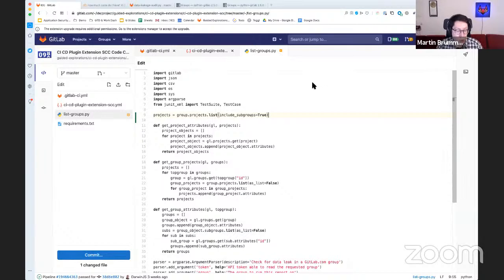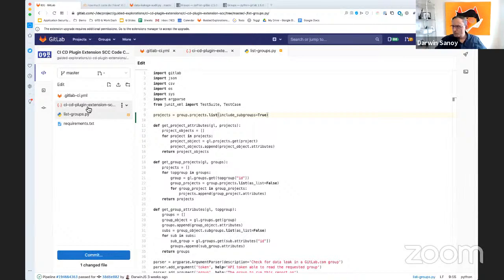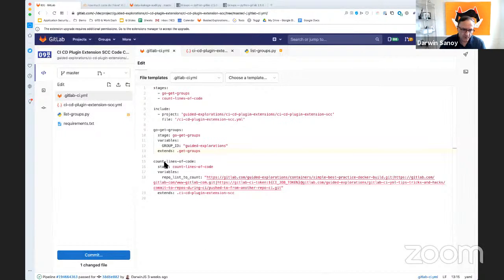What do we want of these projects? What do we need at the end to feed into the other script? Just the URL for the group, the full HTTP URL. So the rest of our code here